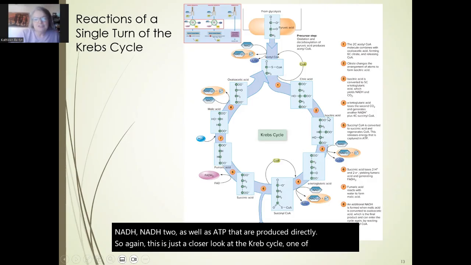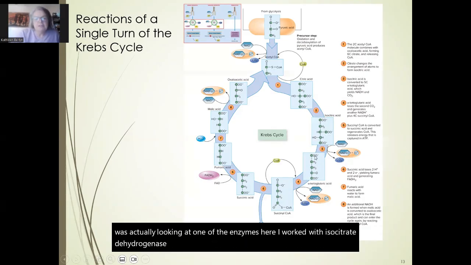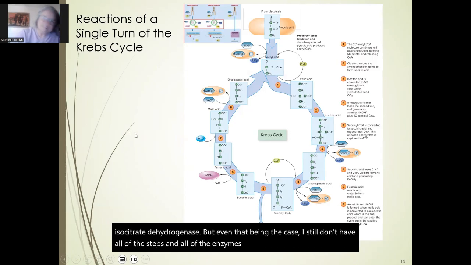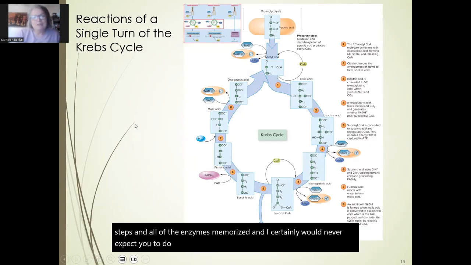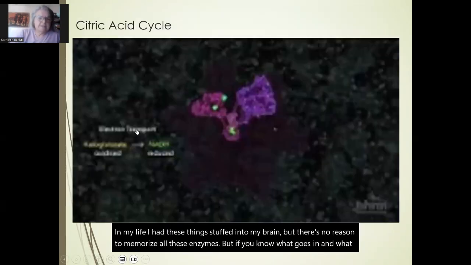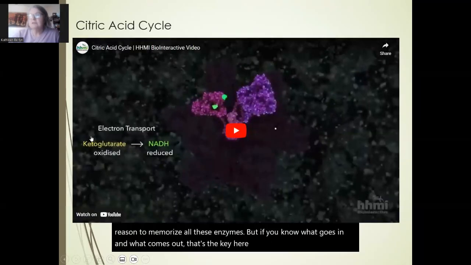One of my first jobs was actually looking at one of the enzymes here. I worked with isocitrate dehydrogenase. But even that being the case, I still don't have all of the steps and all of the enzymes memorized, and I certainly would never expect you to memorize those as well. Perhaps if you go on and take advanced biochemistry classes, you may have to. At one point in my life, I had these things stuffed into my brain, but there's no reason to memorize all these enzymes. If you know what goes in and what comes out, that's the key here. So we're going to go ahead and watch this other video